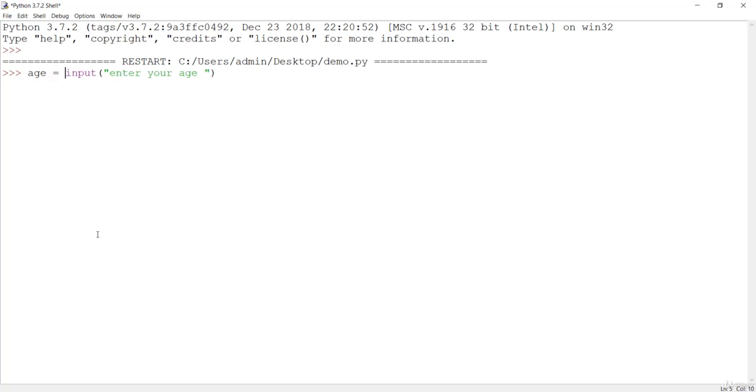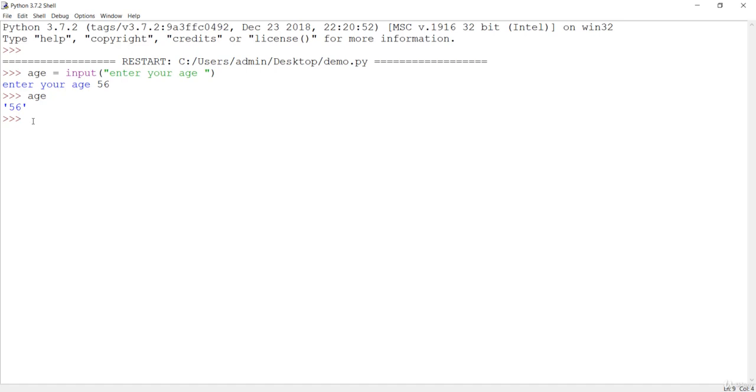I have created the variable age with this input command. Same as the print command, this input command is also a method. Print is basically outputting to the console, and input is basically taking input. Your commands are what you just pass here. So if I say enter your age, and I say 56 is my age, and hit enter, and then check this age, you could see that we entered an integer, but it has reflected as a string.